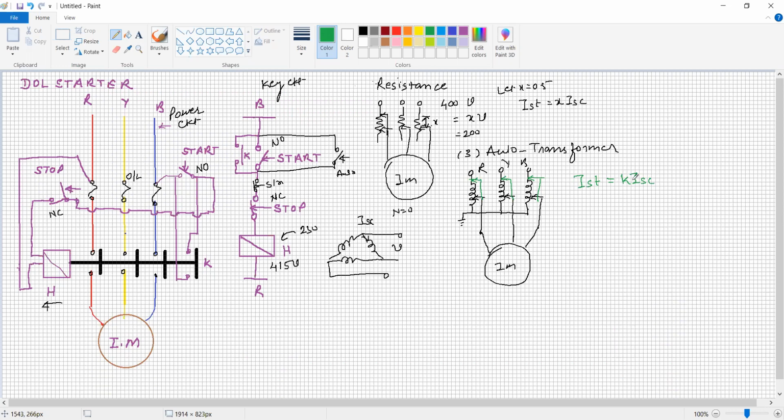So it is a K. K is the factor, or K is the percentage which indicates the starting voltage of the three-phase induction motor. Now the third is the